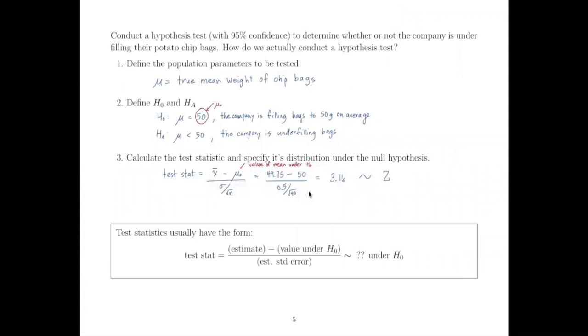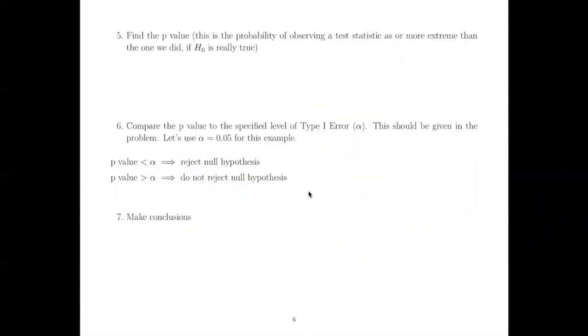So once we've got that, next we're going to go through and work out the p-value. So that's the probability of observing the test statistic that we did, or something more extreme than what we did, if H naught is really true. So in this case,